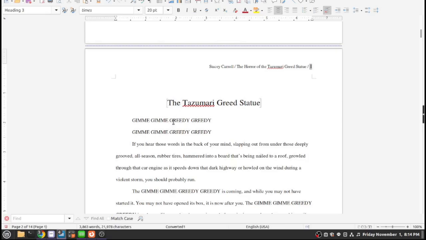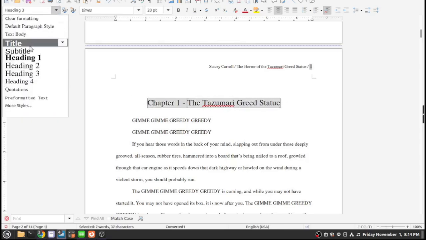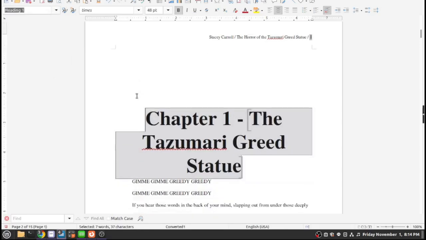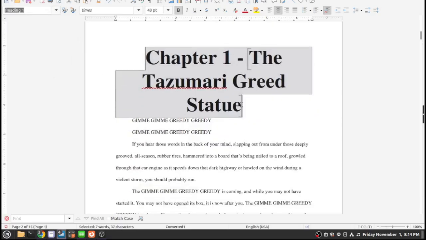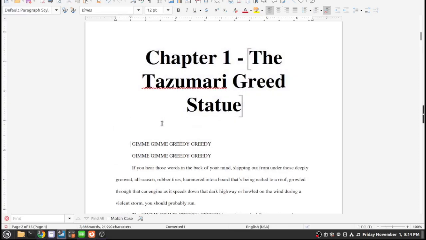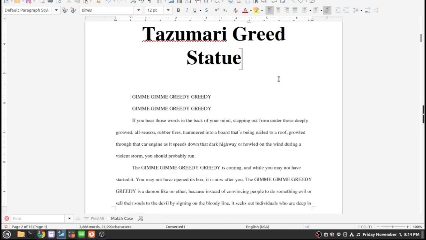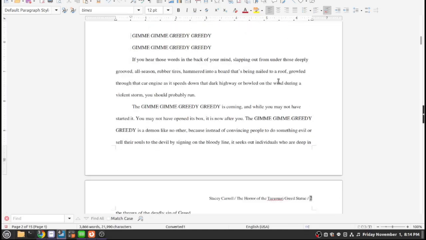Because in order to do this, you're going to have Chapter 1. It's going to have to look like that. And it's going to have to be Heading 1. But the rest of this is correct. What is 6? Yeah, that much is correct. All right, so